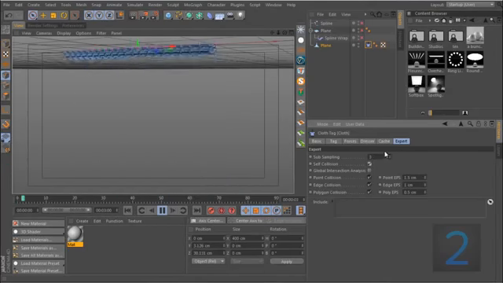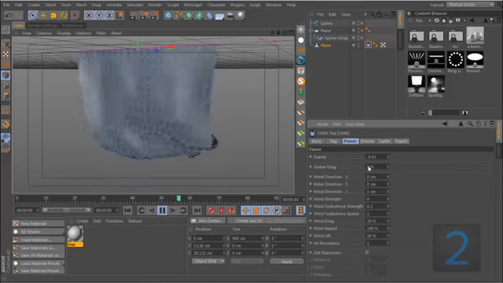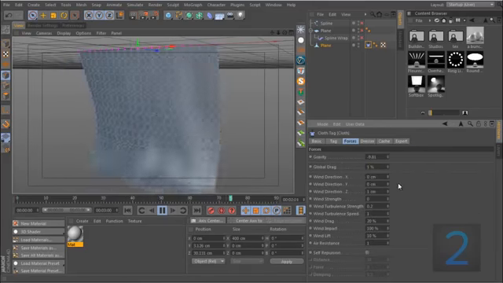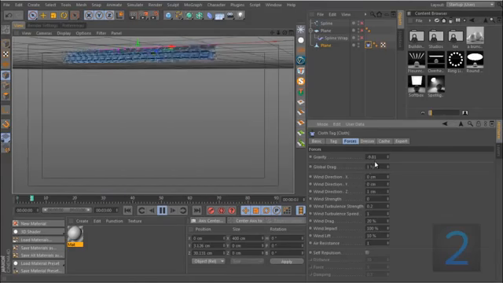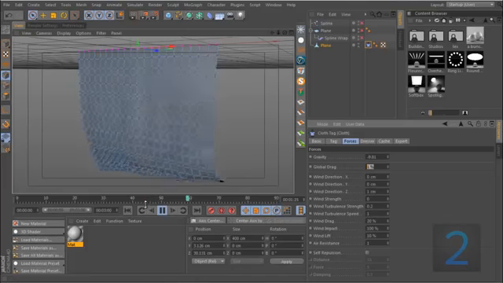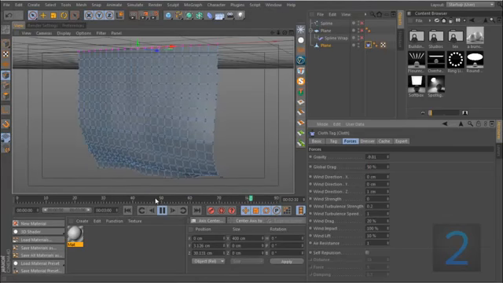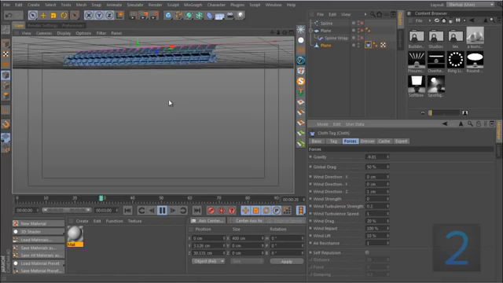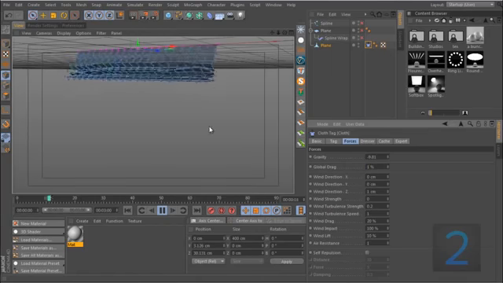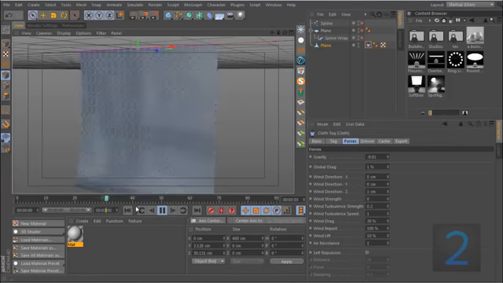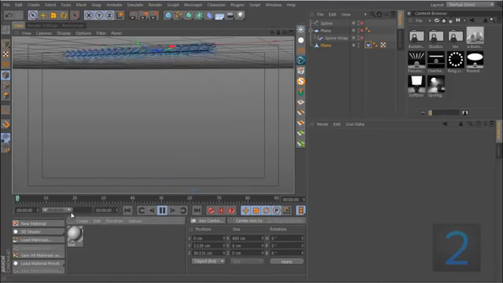We are going to go to the forces tab and put the global drag to 1%, and we can maybe play around with the wind. The global drag will slow it down. So if I put this to like 50, you will see that the motion is much more restricted. Let's put this at 1%, just a little bit, and I'm going to extend my timeline to be around 6 seconds,